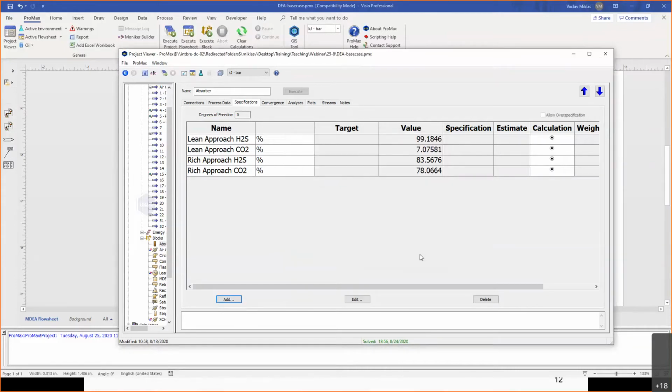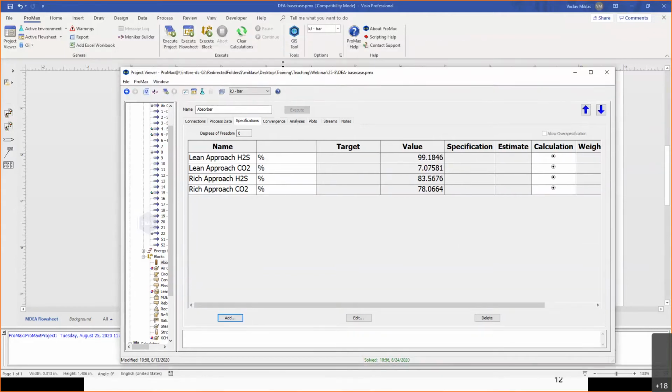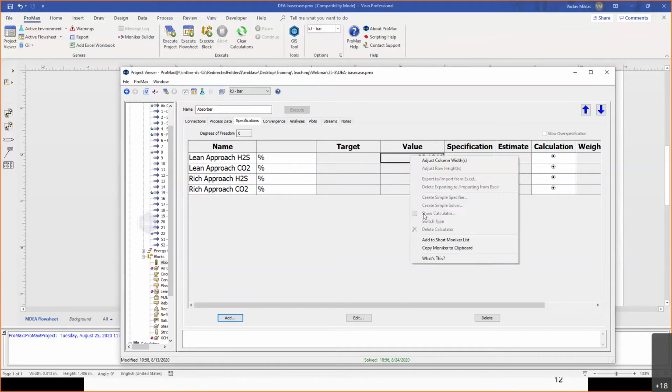Okay, so here are the results. The next thing I'm going to do real quick is, in order to report these values on your flow sheet in a property table, we need to first add it to what we call a short moniker list. I would like to do this because it's going to be easier for us afterwards to see the values without clicking into the column. And just to get back to the short moniker list, it's basically a list of shortcuts,